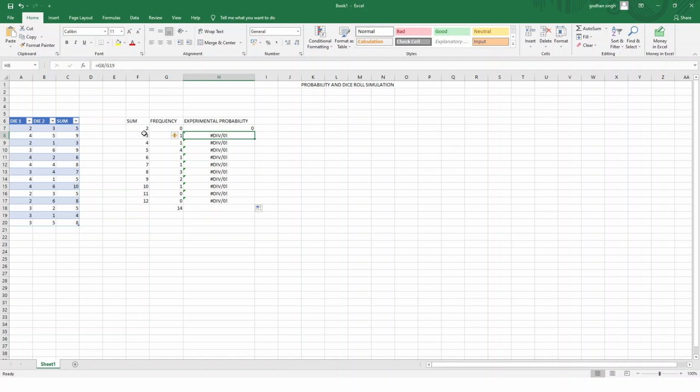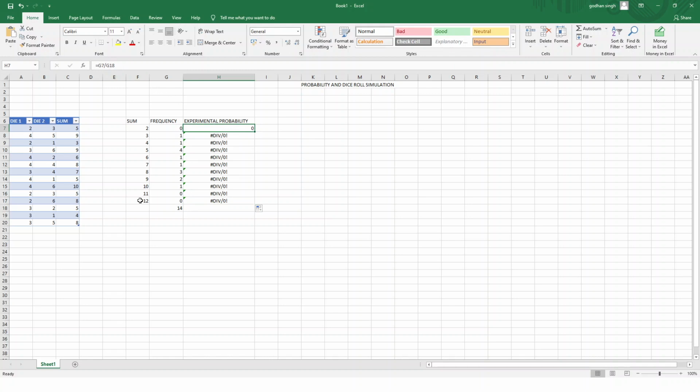See here in the second one, when we have to find the probability of how many times the sum 3 is coming, what we are getting is this frequency is being divided by G19. If you see here, this is G and this 19, and G19 is blank, so error is there. Same way, if we click on the probability of the sum as 12, we have G17 divided by G28, and you will see that G28 is also blank. So we have to always divide our frequencies with the total frequency only. So we'll have to change the very first one.